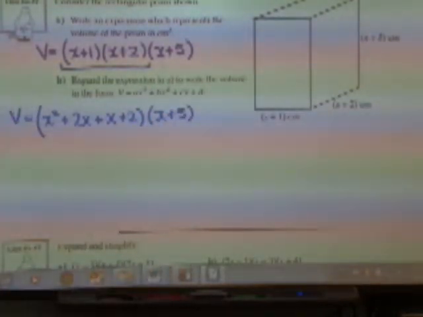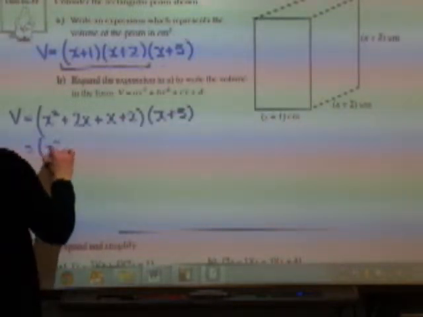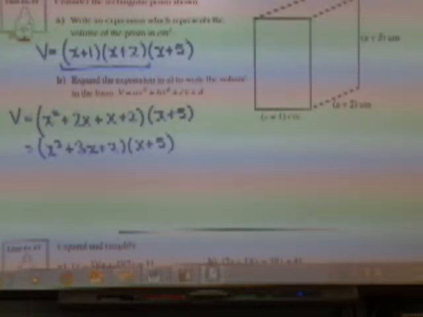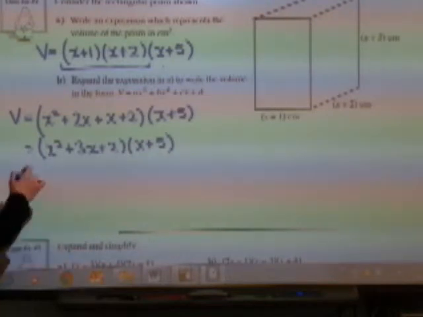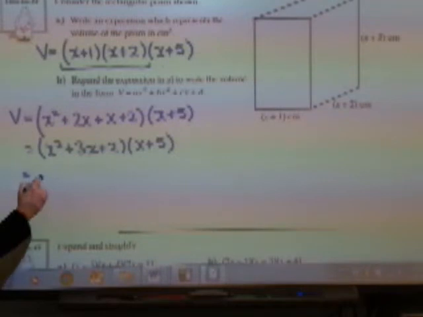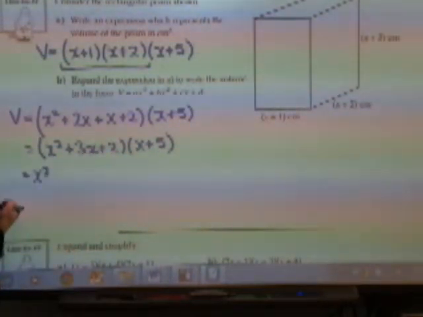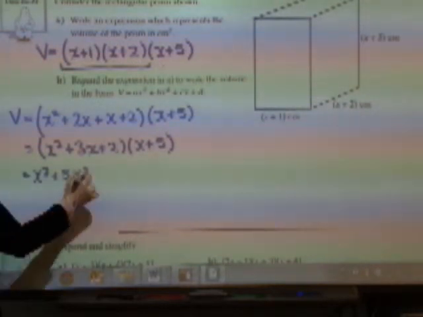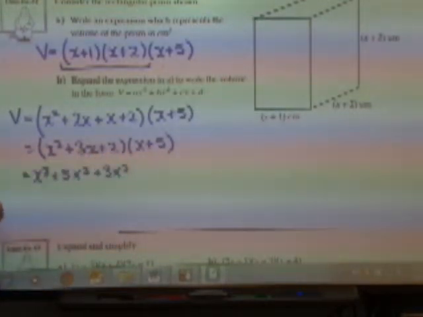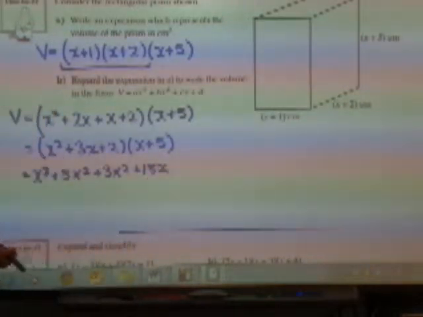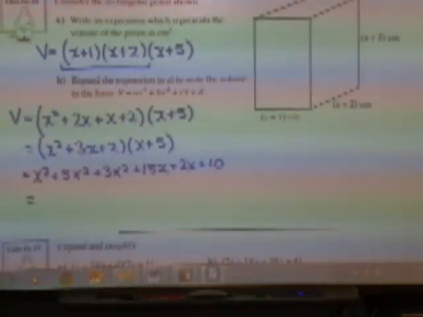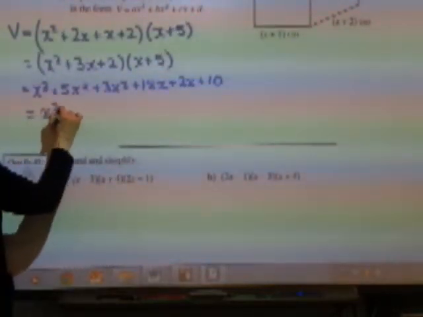And then I'm going to multiply that by x plus 5. So what would you suggest to do next? Collect the like terms. And then I'm going to take each of these terms in this trinomial and multiply it with the two terms in the binomial. So x squared times x, x squared times 5, 3x times x, 3x times 5, 2 times x, and 2 times 5. And then I would collect my like terms. x cubed plus